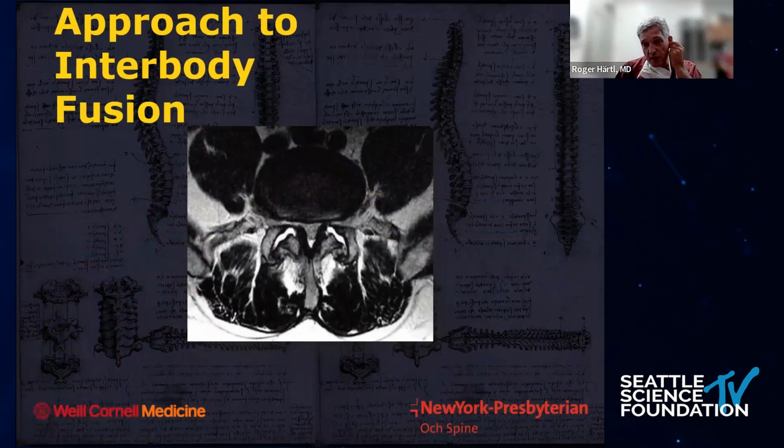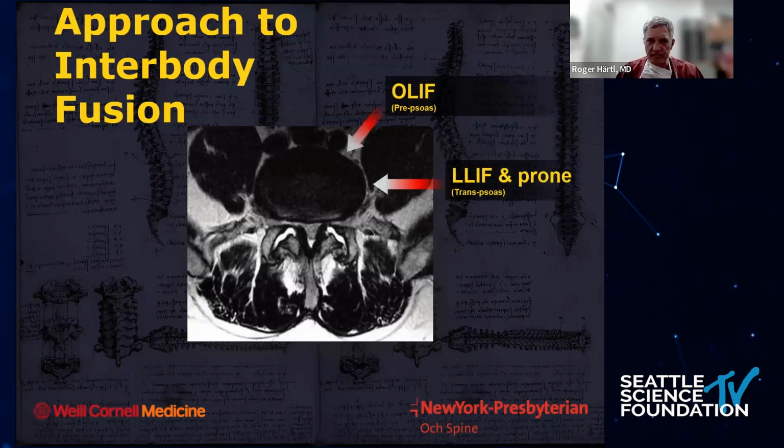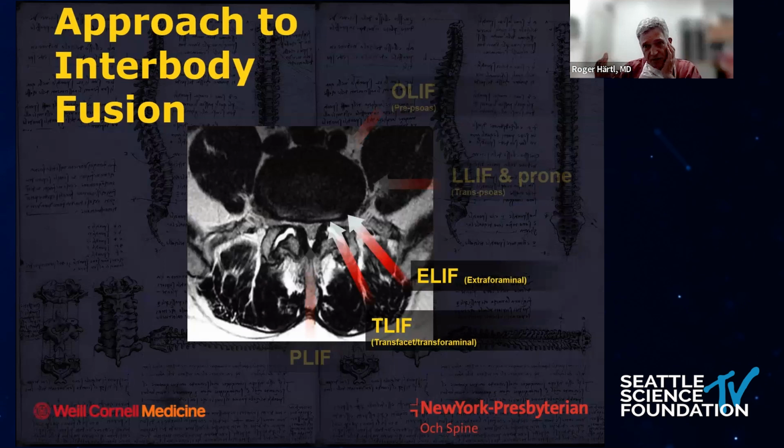But what I've learned, though, in this case, this patient that I showed earlier, where there was scar tissue, and I thought that I had to go back to do a fusion for some other reason, I try to modify the approach, so I try to avoid direct decompression. And what we've done recently is obviously lateral surgery, OLIF surgery. You totally avoid the side of the CSF leak. But if you want to go from the back, I've been utilizing ELIF, which is an extraforaminal discectomy and fusion, which essentially is just a modified TLIF approach, but it's great because you totally avoid the dura.